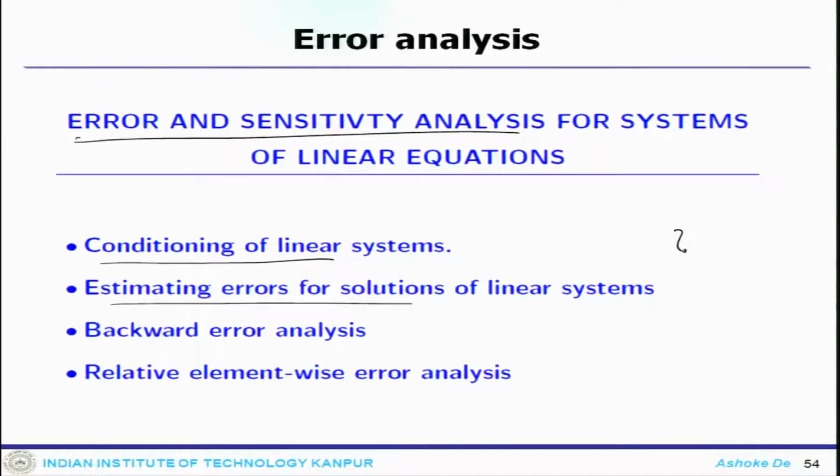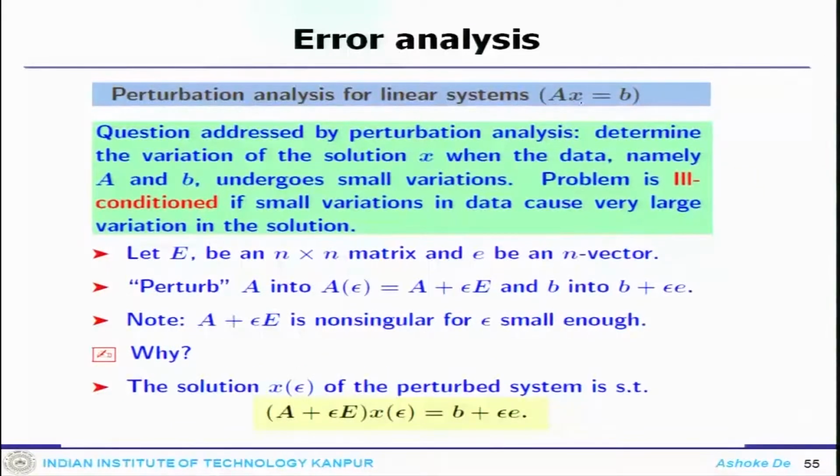Though there will be a detailed discussion when we look at different kinds of solvers and try to find the solution for the linear system, here we would like to touch upon the error related analysis for those linear systems and some other error analysis. So, you have a linear system like this, Ax equals b. We do a perturbation analysis for this linear system, and how would one do that?